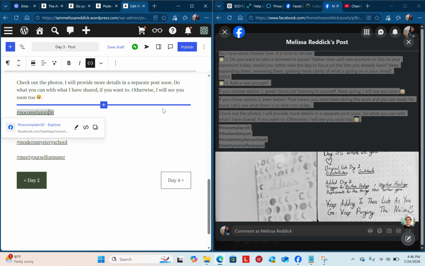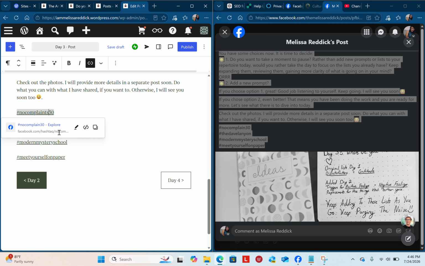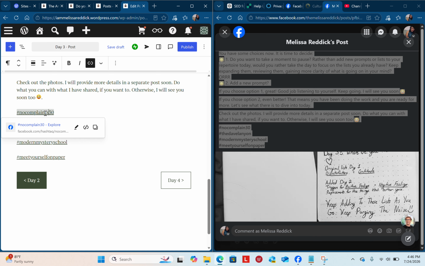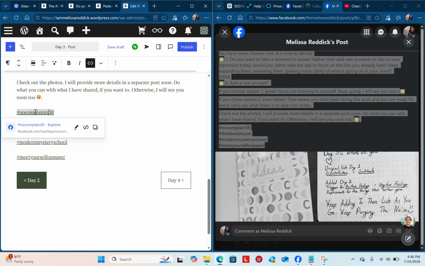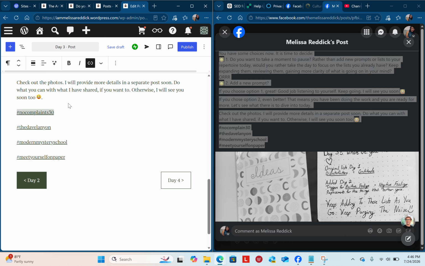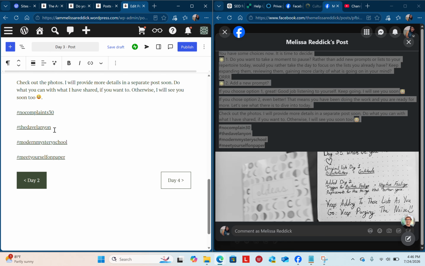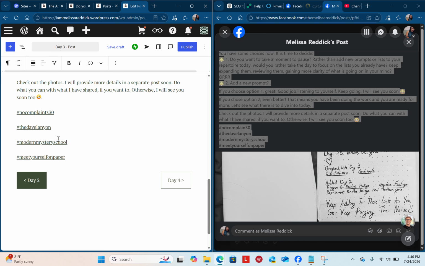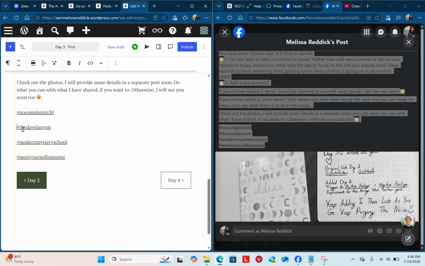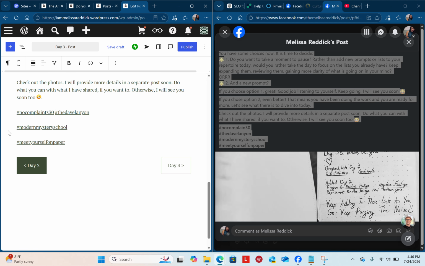this is what I love about WordPress and Facebook working together. I don't know how this happens, but even if I update the text and the link doesn't update, that doesn't really bother me. But what was I saying? The links, they just transfer over when I copy. I don't have to do anything with the links. I might clean them up a bit, like move them.